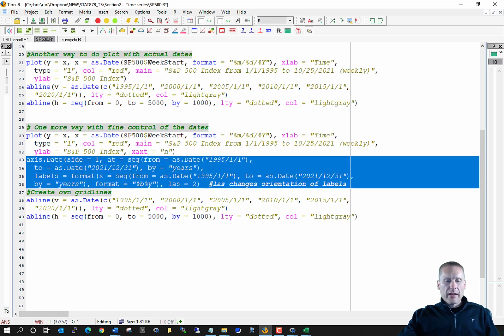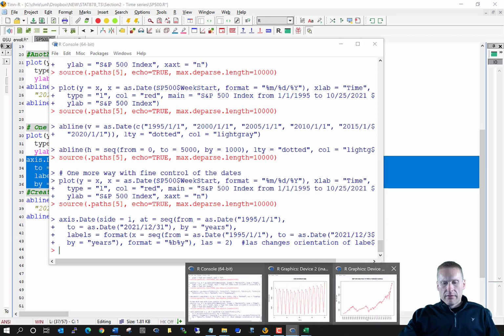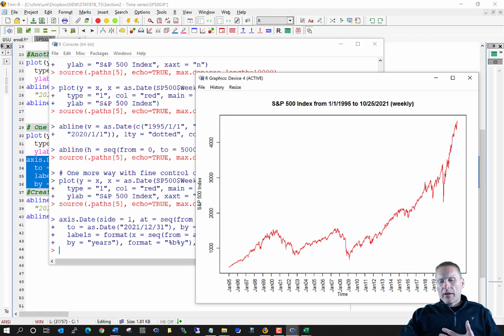So I'm going to go ahead and do that. And there we go. There is now the corresponding month and the corresponding year listed as well. I can put grid lines on this plot too. So getting that plot perfect can actually take a lot of time. Again, as I said, you got to go through the nitty-gritty details of the help for a particular function to figure this out. I've given you some examples of how to do this, but for other cases in this class, we might have to use some different arguments, some different argument names.